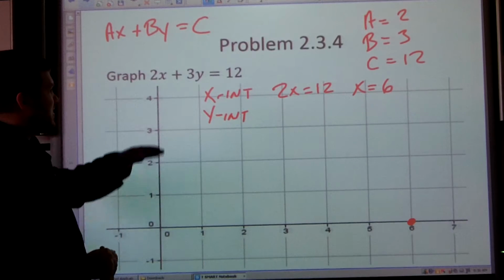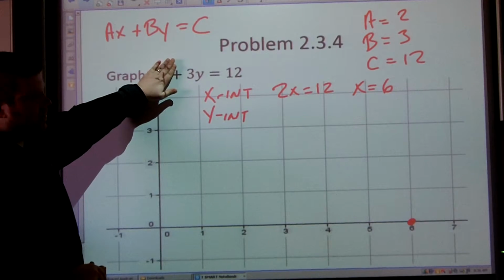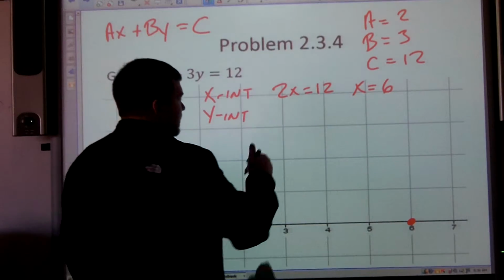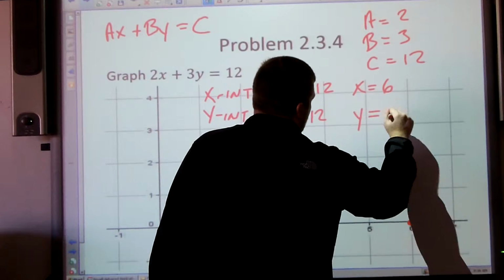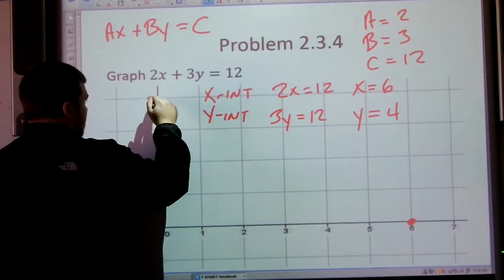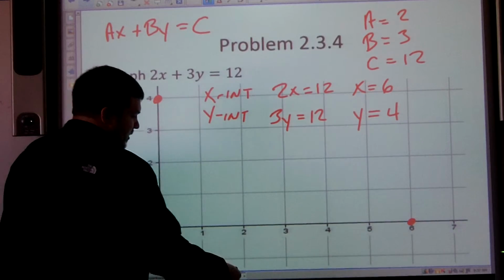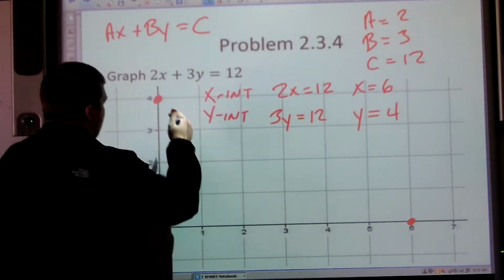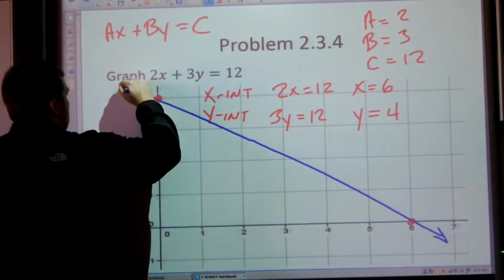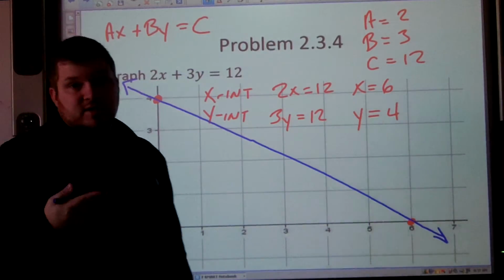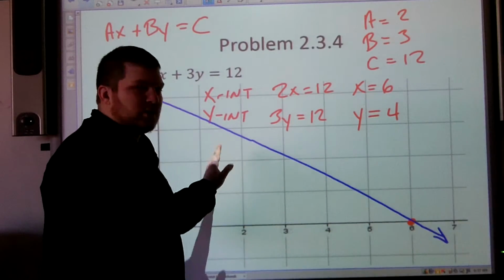To find my y-intercept, that's when x is equal to 0. So 2 times 0 is just 0, so I can cover that piece up. So I'm really solving the equation 3y equals 12. So that means y is equal to 4. So my y-intercept is right here. So now I have 2 points that I'm just going to connect. And there you go. That's it. As simple as that. That's why I personally like standard form a lot, because it's super quick, super easy to